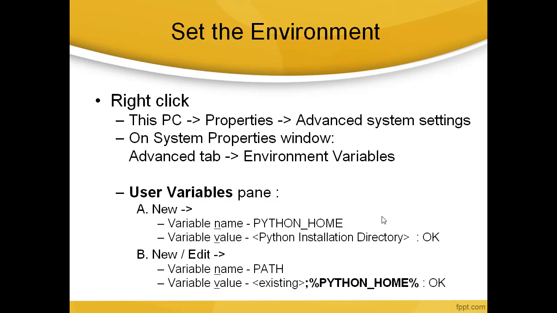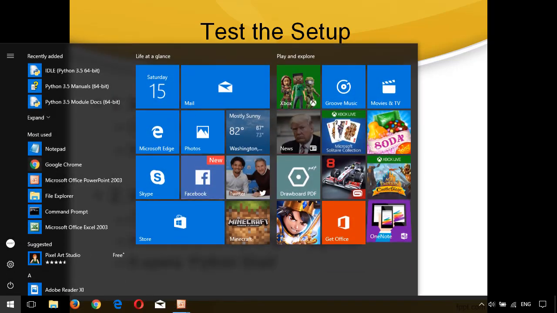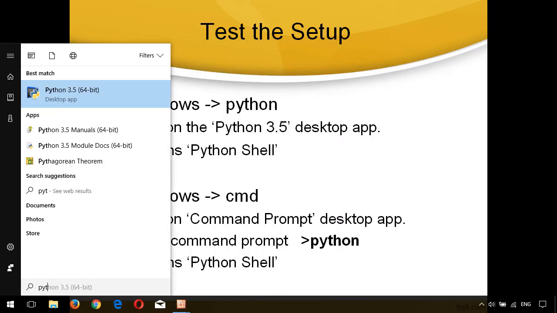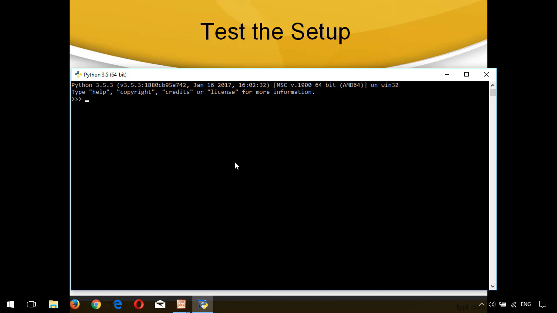Next, test the setup. To test the setup, press Windows button and type Python. Now you can see here in the app section Python 3.5 64-bit. Click on this. You can see here there is a Python interpreter opened. So let's close this using QUIT,